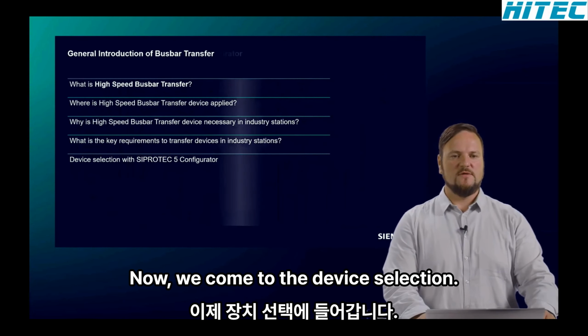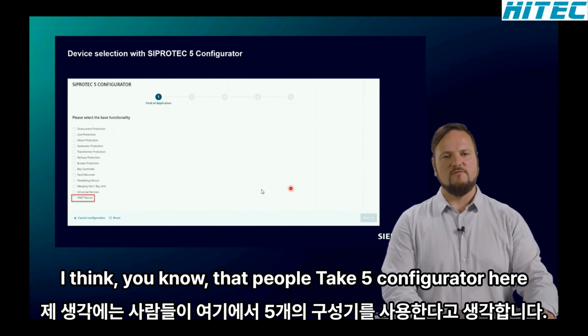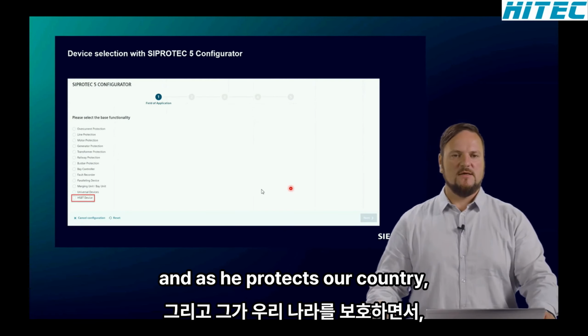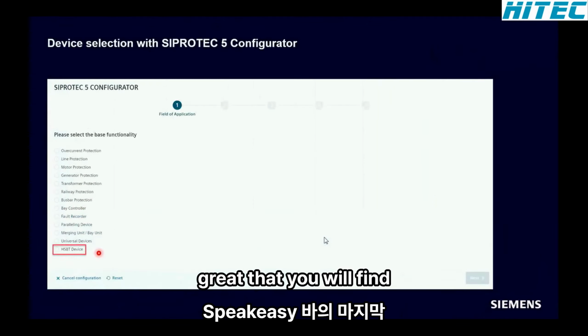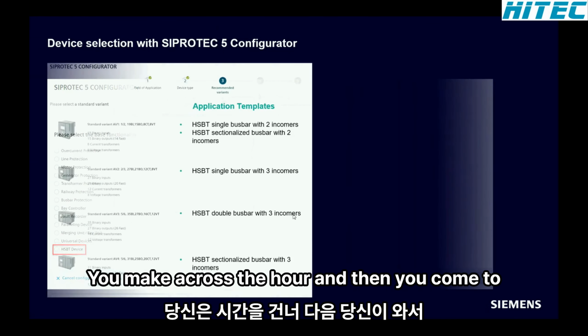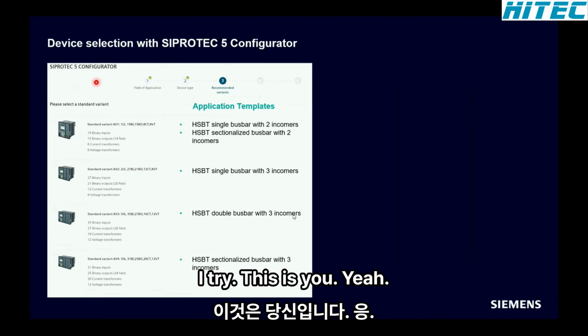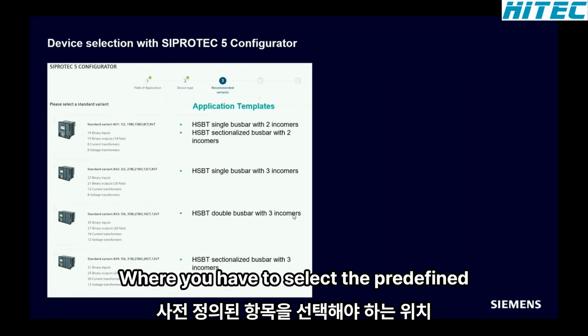Now we come to the device selection. I think you know the Zipotec 5 configurator. Here in the Zipotec 5 configurator, you will find on the last position the HSBT device. You make a cross there, and then you come to this view here, where you have to select the